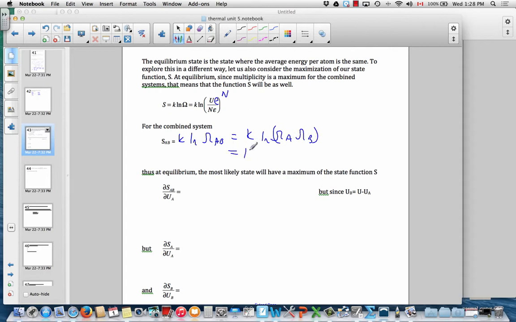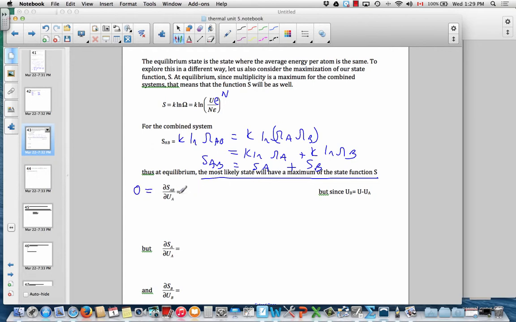But then by log properties, this is the sum of the logs, and this is the S function for solid A and the S function for solid B, so we see that the S function is additive. Now, we've said that, using the laws of probability, an equilibrium state corresponds to the state of maximum multiplicity. If multiplicity is maximum, then this S function is as well. So if it's a maximum, then its